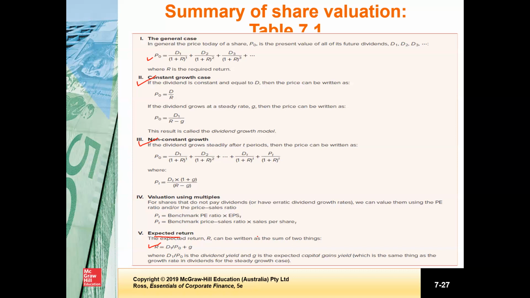On the other hand, if we see that the current market price is higher, it means that the stock is overpriced in the market. So we shouldn't invest. Rather, if we currently hold them, we should sell them, because the price is higher than what we anticipate. So the price should decline, and before that, we should sell them. So this is how we use our intrinsic value of the price with the current price, and we decide whether to invest or not.